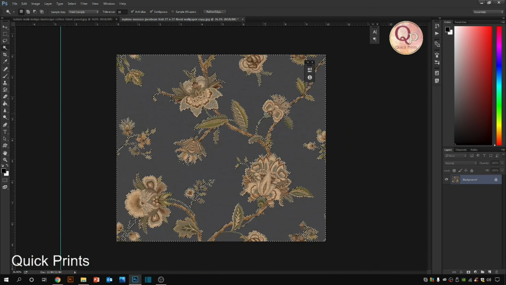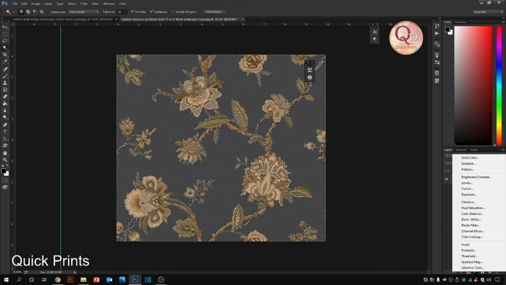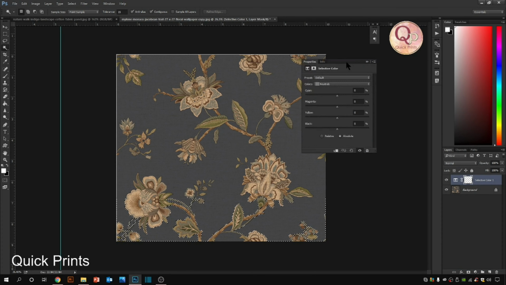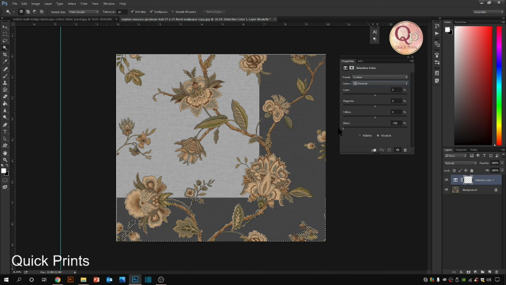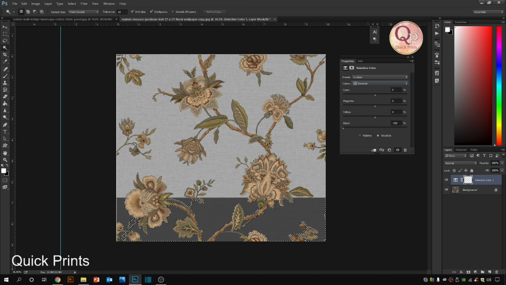So now the selection has been done. So how to make it white? Let's go to Selective Color. Take Colors: Neutrals. There are so many colors. We have done the selection, and it is picking the selected part. If we have dark values in the selection, we can go with blacks. If you have light, we can go with whites. If you have shades of this kind, we can go there. So now I'm simply taking Neutrals because it's a neutral shade. So let's increase the whiteness here. See, this is how it works.